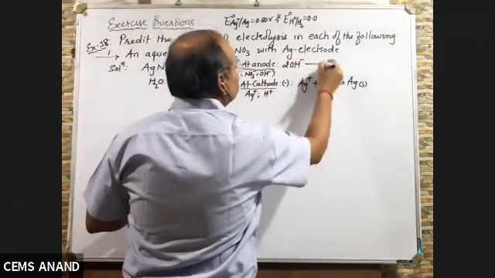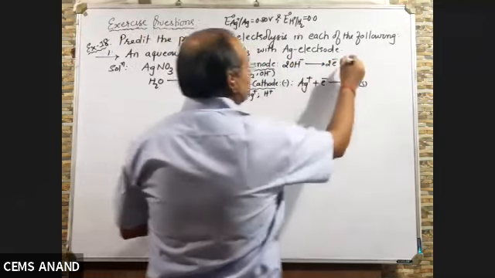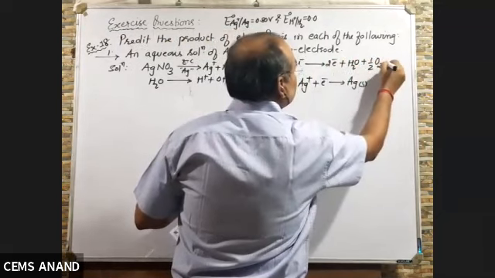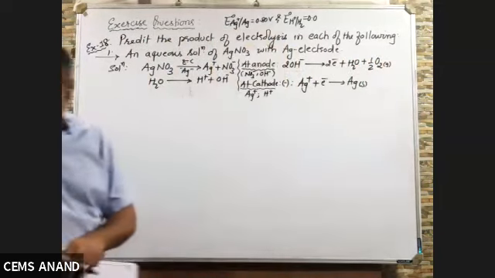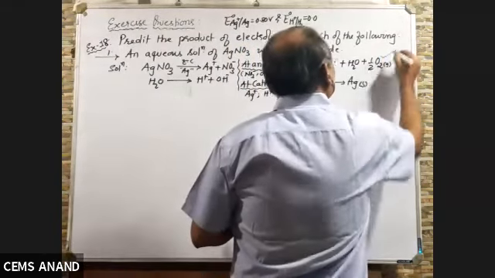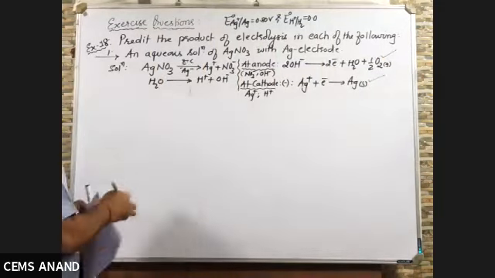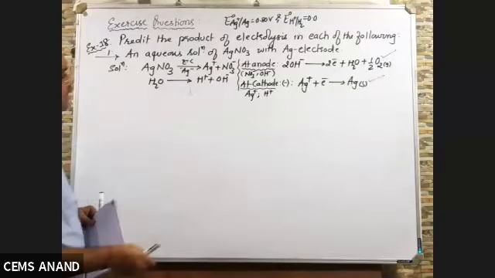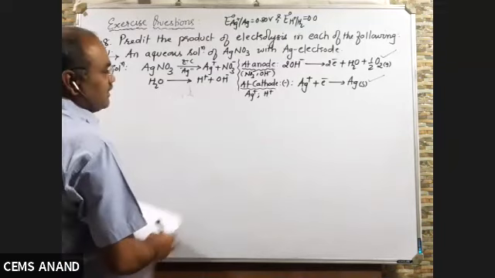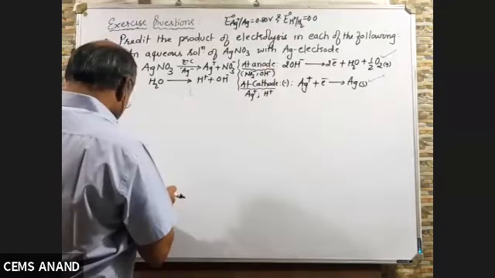So 2OH minus will give you, oxidation means loss of electron. If it loses electron, it will be converted to water and half O2 gas. So what are your product at anode and cathode? Your product will be O2 gas and silver. This is your answer. Now, it is already given that you have taken a silver electrode. If silver is an electrode, it is an active electrode. If it is active electrode, then it will take part in the reaction, right? And it will give you Ag+. So you can write that also.